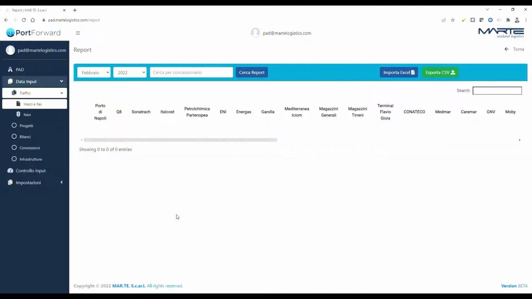Through a user-friendly interface, the users upload data into the database, following guided procedures or uploading a specific Excel file, based on a system of options constrained in relation to the user who logged in. Because the data input is not the same for each user. There are some users, for instance concessionaires, which operate only in the dry bulk market, and the latter will be able only to fill and update data and information related to the specific market of dry bulk, and so